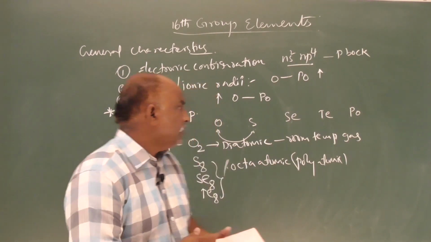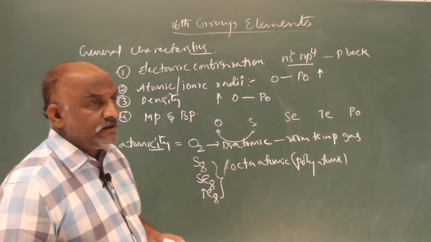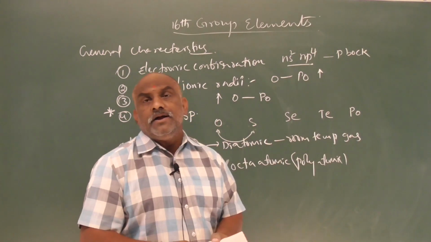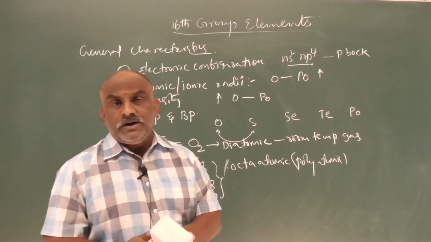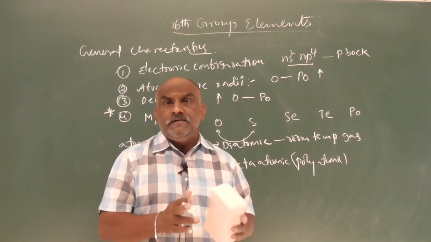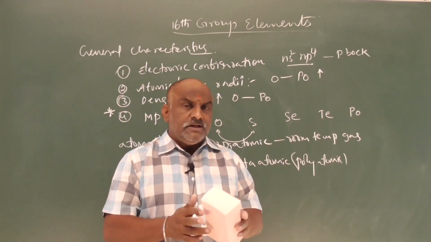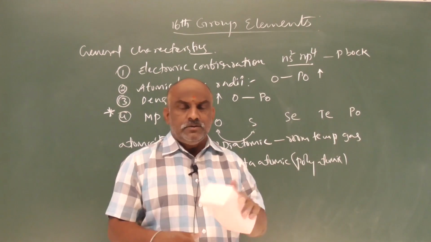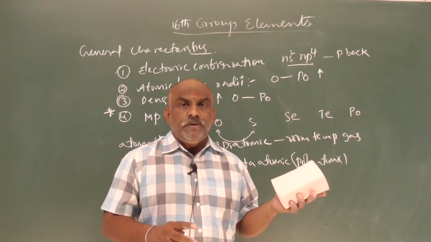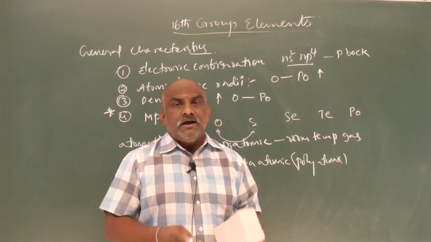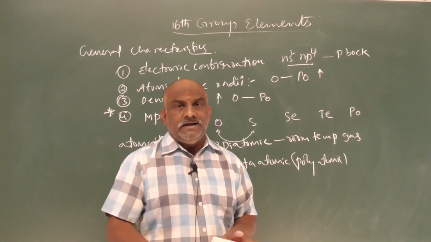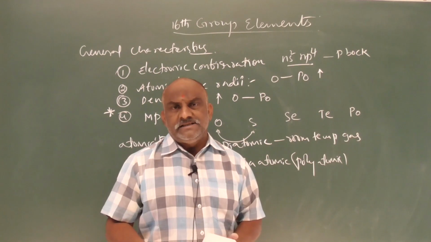1314 kilojoules per mole. Then what happens down the group, do the ionization potential values increase or decrease? After that, we have to compare the ionization potential values with respect to the adjacent groups. Adjacent groups means the 15th group elements on the left, the 17th group elements on the right, and the oxygen family in the middle. We have to compare from left to right and see what the difference will be.